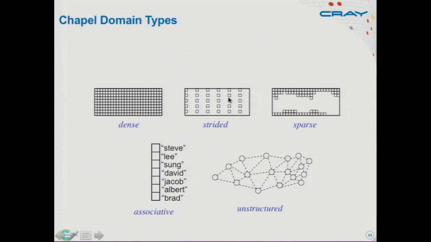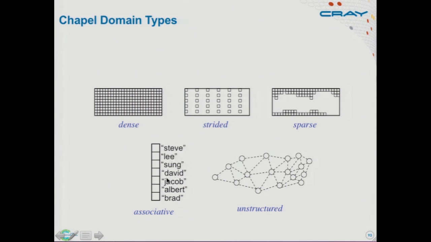We also have strided domains, which are very useful in multi-resolution algorithms like AMR or multi-grid algorithms, things like that. We have sparse domains, which allow you to represent arbitrary subsets of an index space. That can be useful for things like sparse matrices, and also things like this, which is supposed to resemble the polar ice caps if you were to discretize the Earth. So I could say, these are all the indices that describe the surface area of the Earth that has polar ice on it.